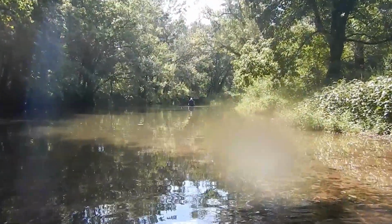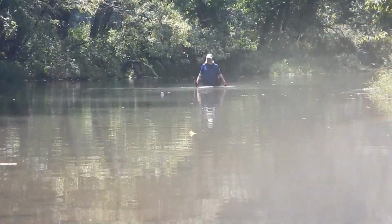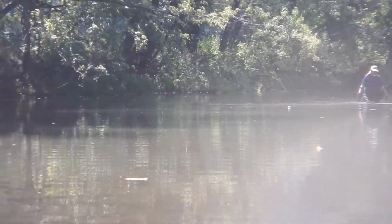There we go. Mike's upstream, kind of working his way back downstream. I don't know if he's having much luck. It is his first time out on the creek, so there's a lot of things to dig and a lot of things not to dig. I've been sitting here thinking about going back to the truck to get some stuff and then come back, but